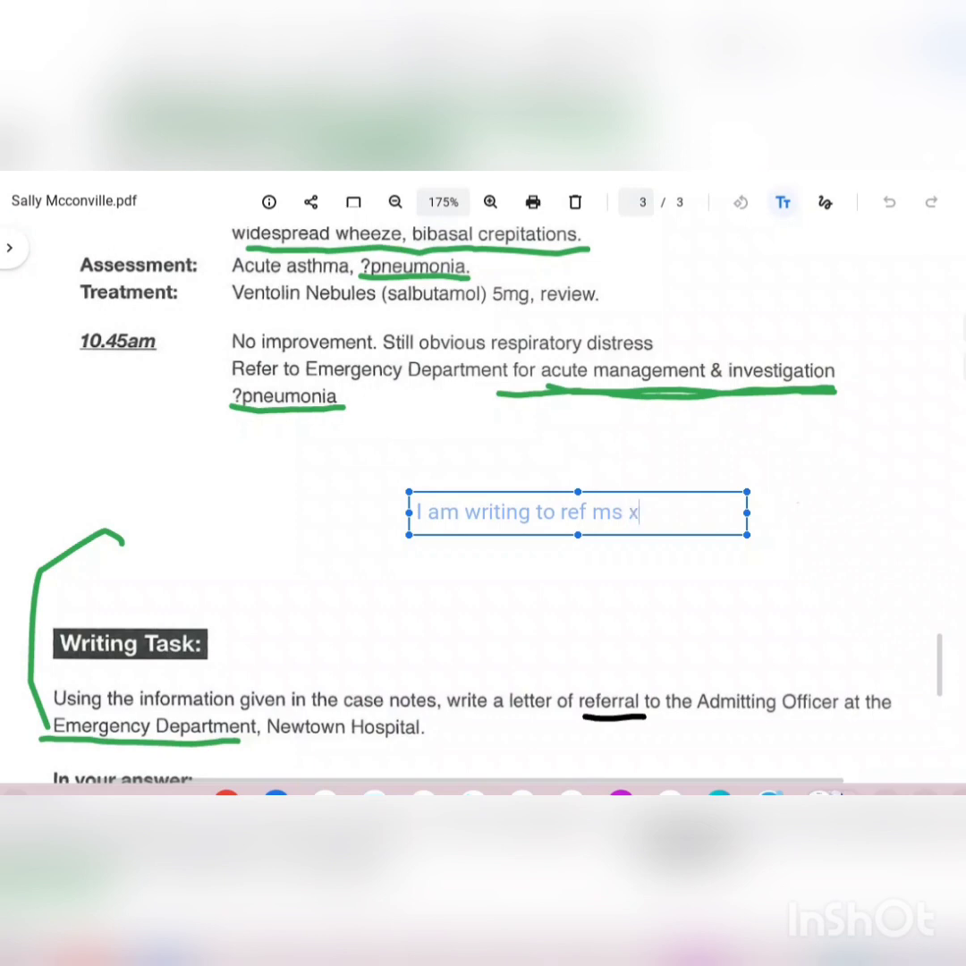Who is deteriorating? Worsening her condition. Who has the features of acute exacerbation? So, features. Here you are writing to refer, that's a referral letter. So, Miss X, then